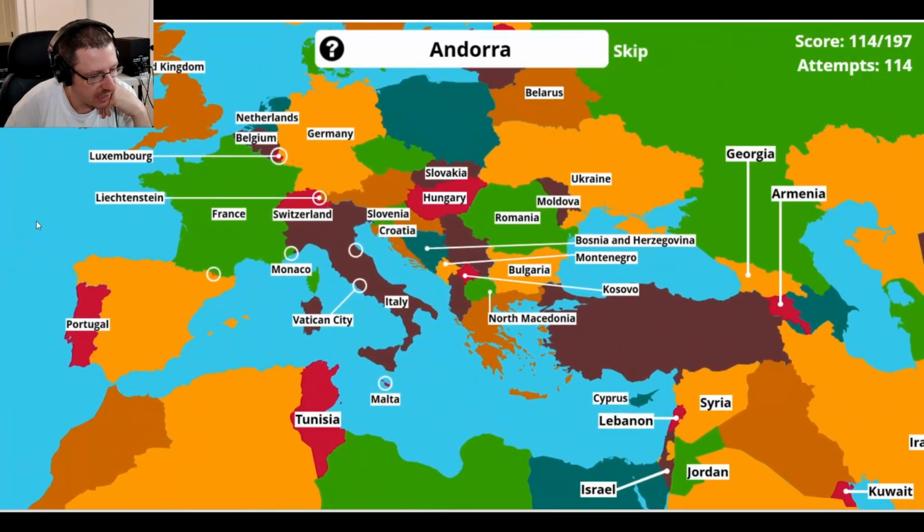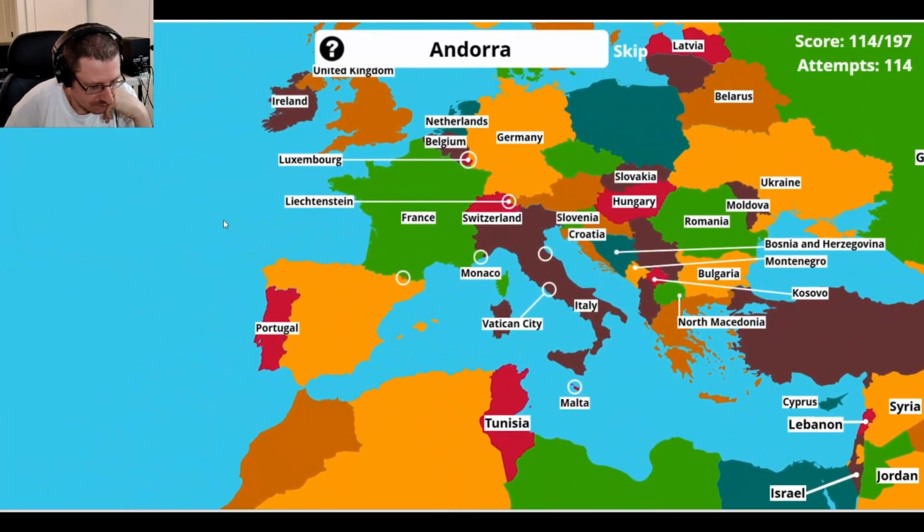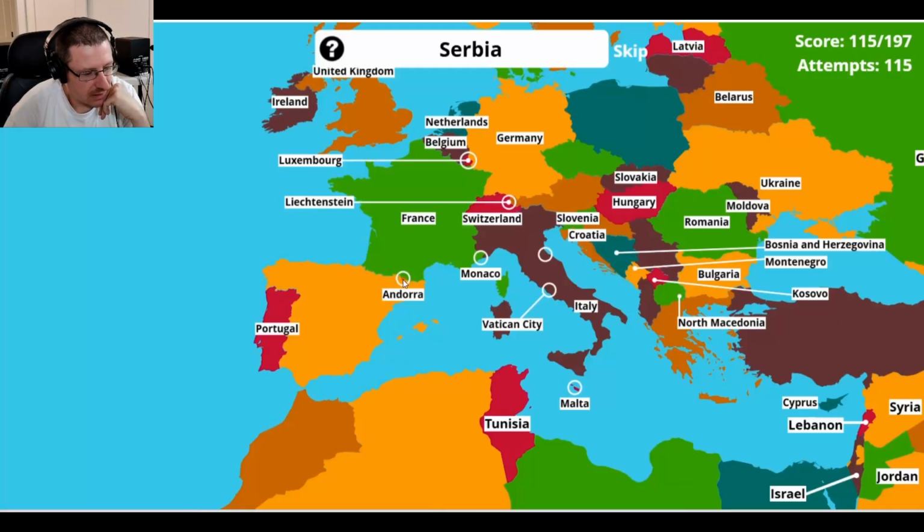Andorra is so funny. Okay, so check this out. Andorra is right here. The way that I memorized it was, there's Andorra, because it's the smallest little dot on the furthest side of Europe. So that's how I remembered Andorra. But there was a certain country we'll get to later. I'm not going to spoil it for you.